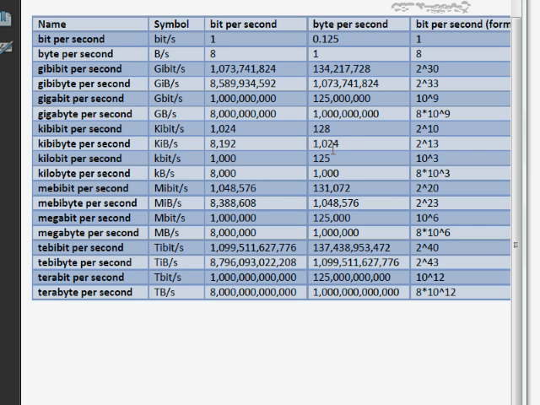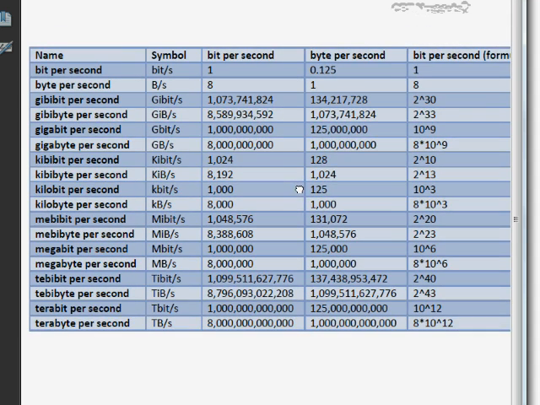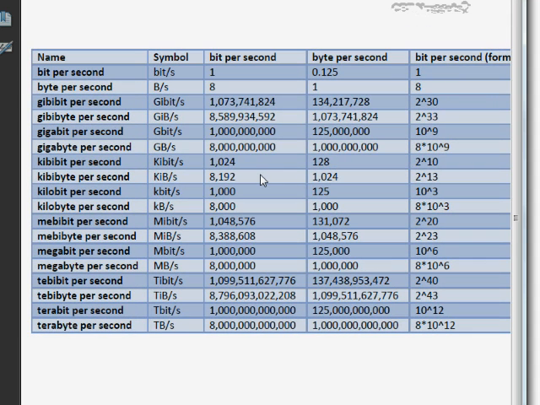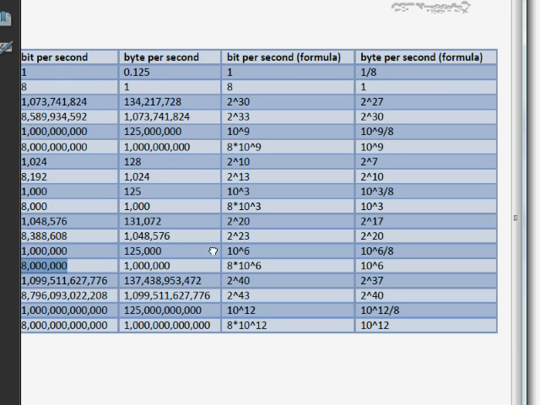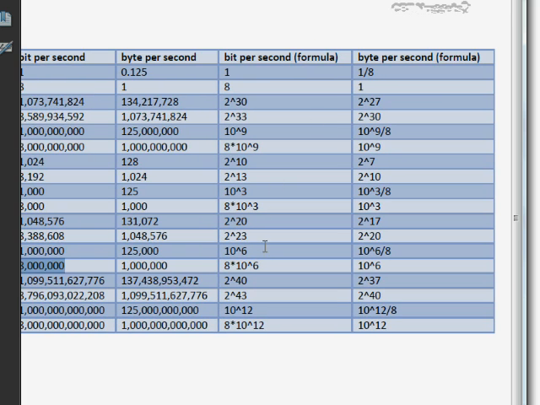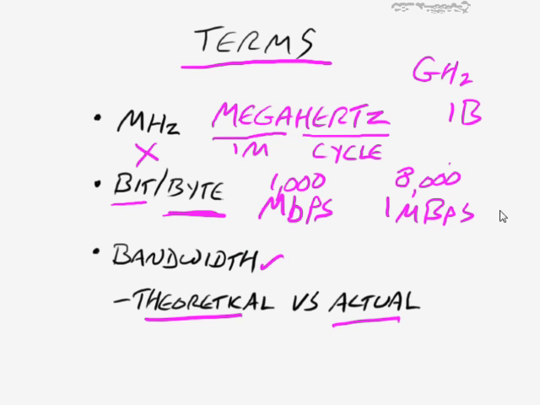Alright, I decided to pause recording for a few moments and throw together a little chart for you. You don't need to memorize this at all. This is just for your own reference, and you can take it or leave it. It'll still be available for you up on nuggetlab.com. This is just a conversion chart. For example, a megabit per second is 1,000 bits per second, and a megabyte per second is 8,000. And if you want to convert between one or the other, there's also a bit per second and byte per second conversion formula that you can use there as well.